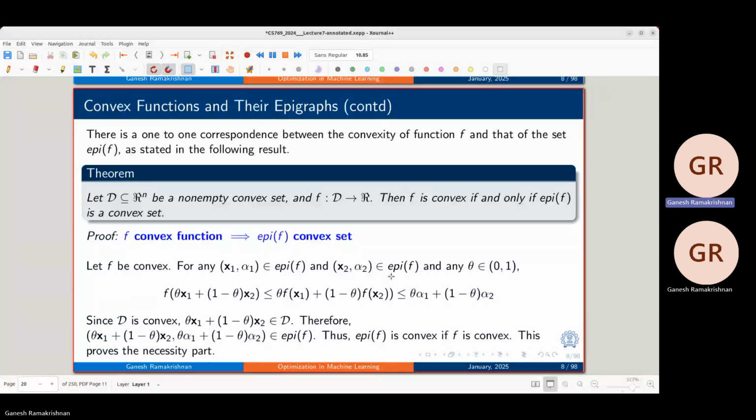So what will you do here? If epigraph f is convex, what do you know? What would you insist about? Now, what is the weighted average? So you see, it's so evident. You're basically saying that this line segment should be lying inside, which means that the function evaluated at